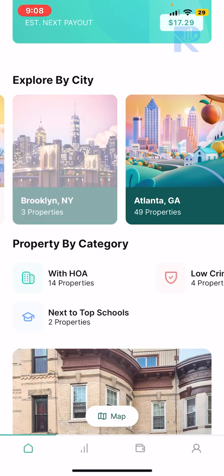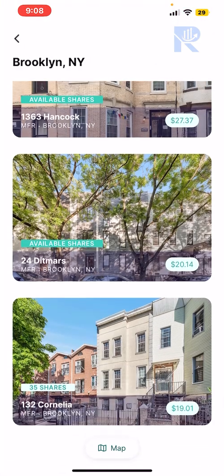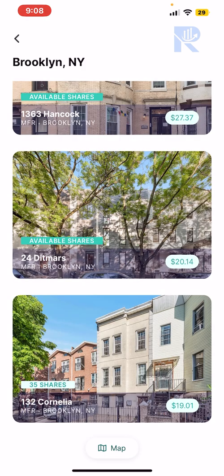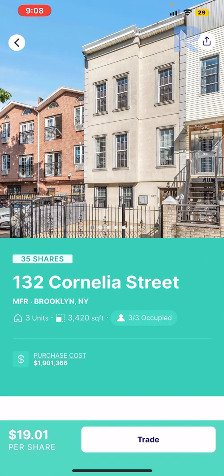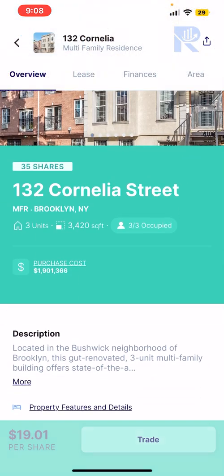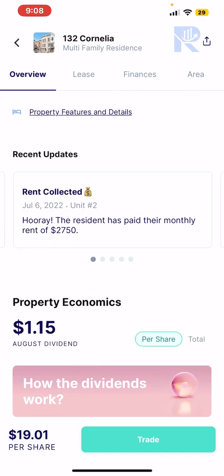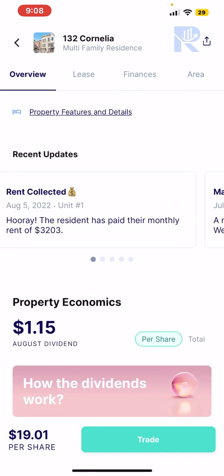When you click on one of these cities, it'll actually show you, and then you can double click on each actual rental. So in this case, here's one that I own, and you can see it says I have 35 shares. So we'll click on that, and we'll go through that. In this case, you can actually see the address, the number, the square footage. And as you toggle down, you'll see some of the banner at the top start to float. But you get a description, you see the recent updates, whether people have collected rent, maintenance, and then you get